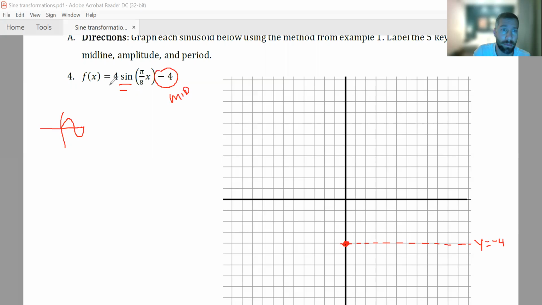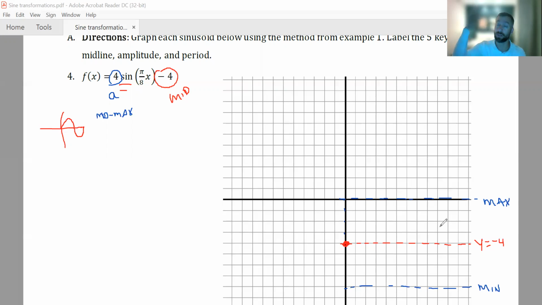Then I'm going to look at its amplitude. The amplitude here, A, tells us our distance from our midline to our max. So that's basically our mid to max. And so let's just count up 1, 2, 3, 4. I'm going to put a line in there and annotate that that's going to be our max. And remember that this is the middle. So 1, 2, 3, 4, our graph has to go down to a minimum,